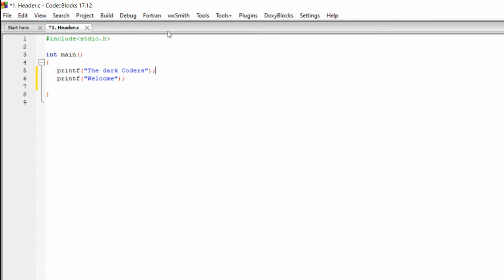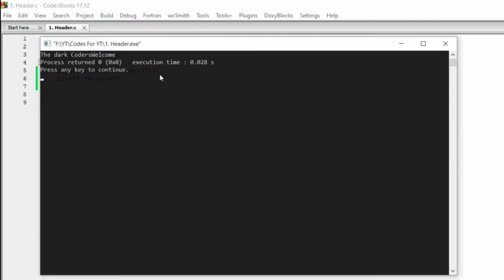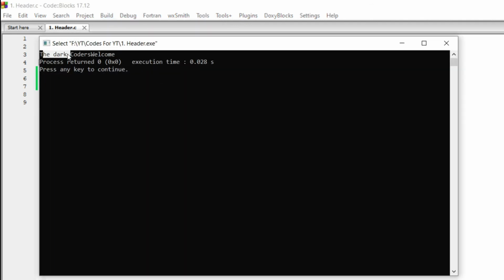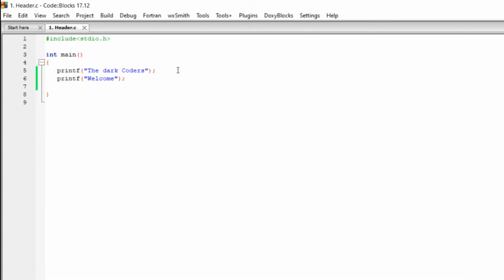For example, if I Build and Run, look at that: the dark coders and then welcome. It does not come on the second line. It doesn't read like that. So in other words, the compilers are a bit stupid. You have to tell them every single detail. So you have to tell them to go to the second line. In order to do that, I'm going to show you